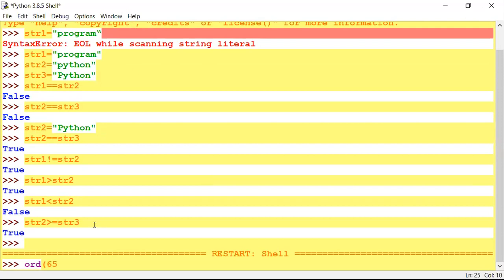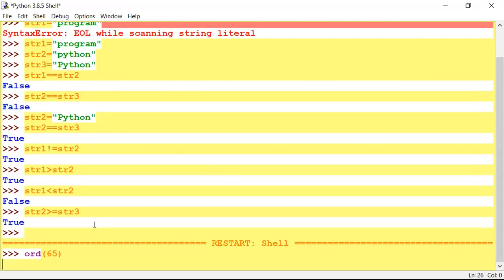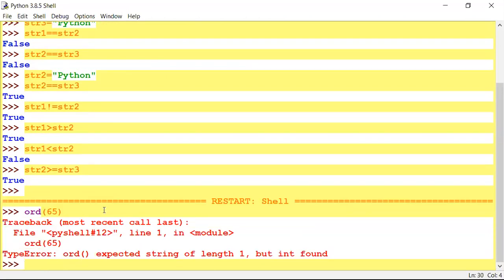It will display capital A, because before this we have to use a string function with ORD.